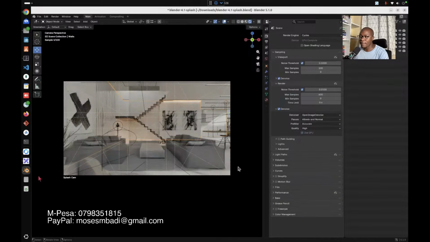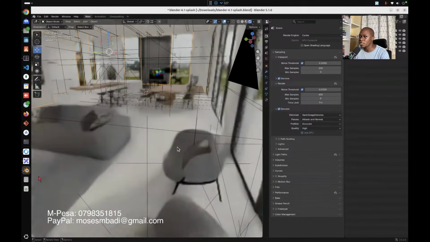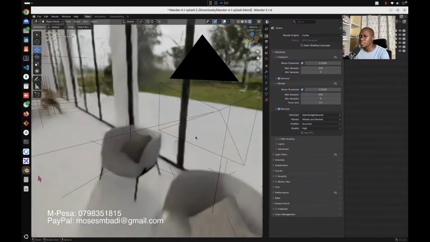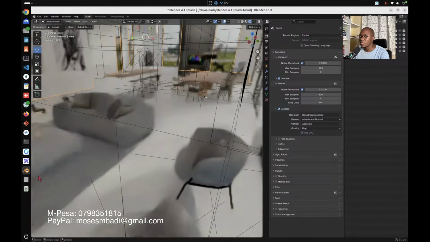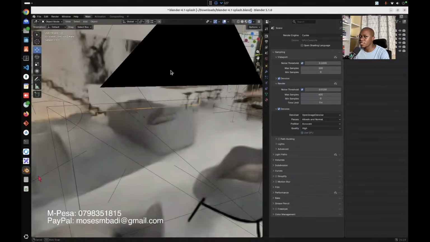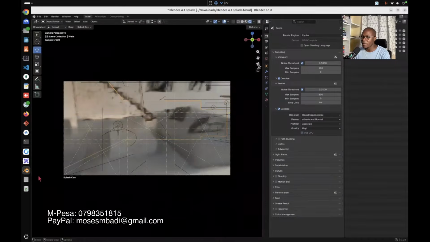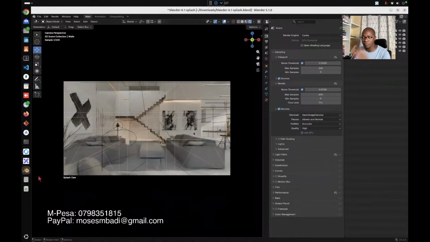As you can see, we have our view of the house. We have the couch and everything. Again, if you don't like that view, you can just pan the camera around to focus on a specific spot. So I can just keep doing that. I don't even know what I'm doing right now, but I can change my camera up to that angle, and then I go back into camera view. I did not change anything.